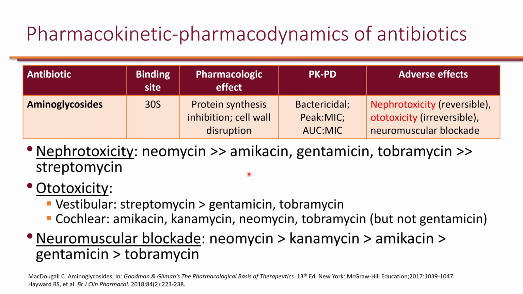So let's take a look at the toxicodynamic properties of aminoglycosides. Of course, they bind to the 30S subunit and inhibit protein synthesis, and they are bactericidal. When it comes to adverse effects, the most common adverse effects of aminoglycosides are nephrotoxicity, which